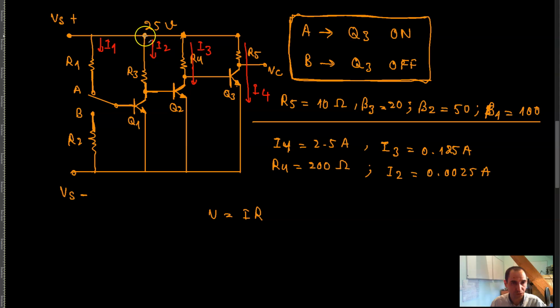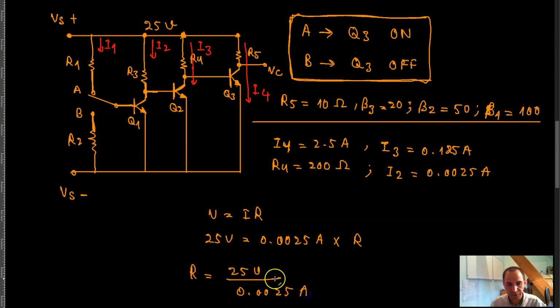The whole voltage is dropped across R3, so 25 volts is the current through this resistor, 0.0025 amps, times the resistor value,